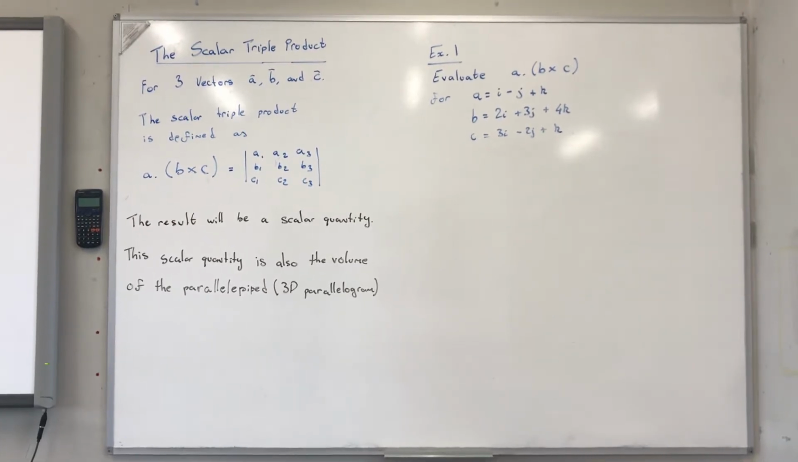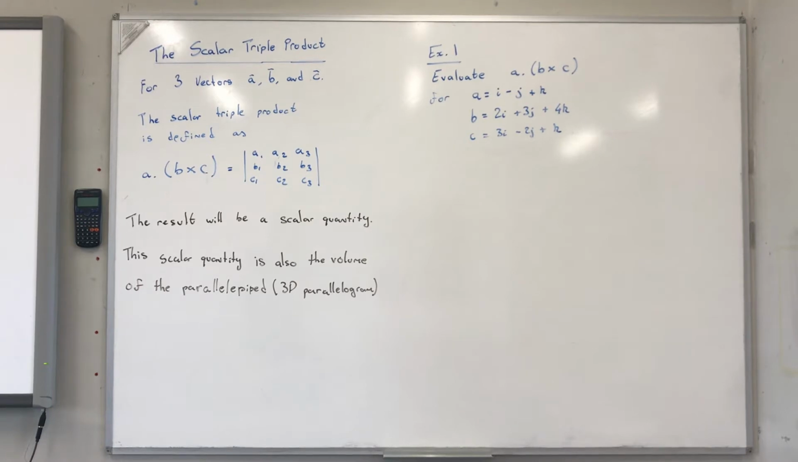Hi, so what we're going to do in this video is look at the scalar triple product. Okay? So we've used the cross product or the vector product before, and then higher we learned about the scalar product or the dot product. So this is a combination of the two of them. So for three vectors, a, b, c, the scalar triple product is defined as a dot bracket b cross c,